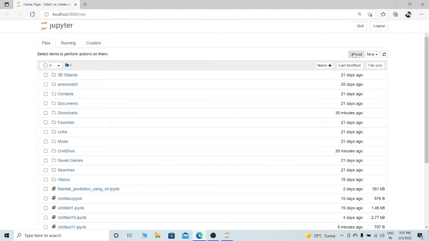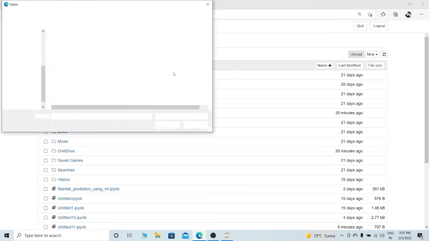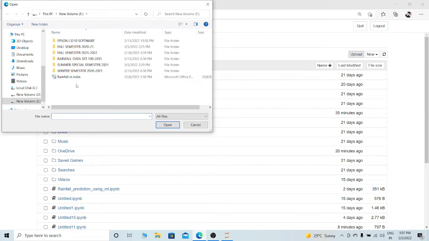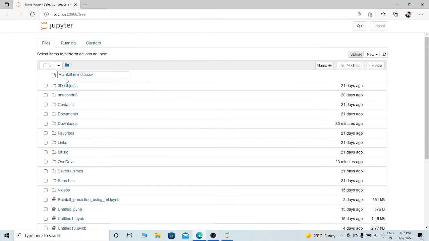Here you can see there are two sections, upload and new. So I am going to click on upload to upload a dataset, and here you can see the rainfall in India dataset is present on my computer. So I am going to click on this to upload,